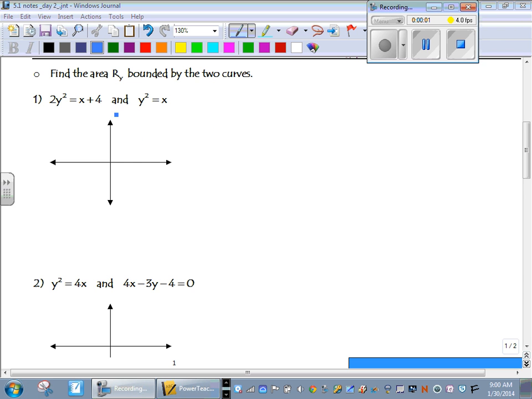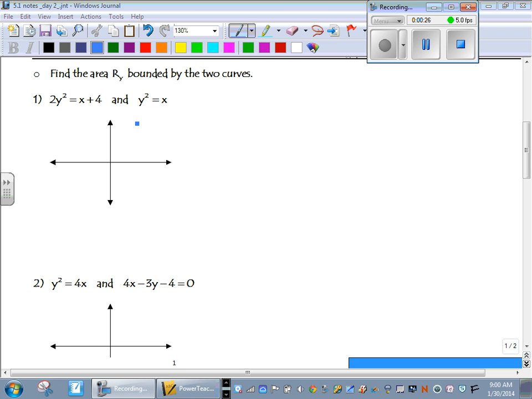So with number one, we're given two functions we're trying to find. Actually, these aren't functions. I should take my words back there. These are not functions. They don't pass the vertical line test. What are these graphs going to look like? Anybody know just by looking at the equations? Sideways parabolas, right? So they're not actually going to be functions, they're relations, but we have these two equations that